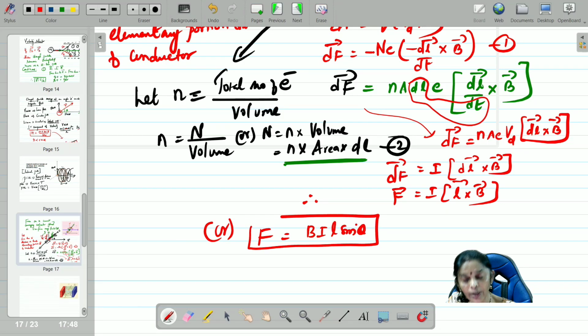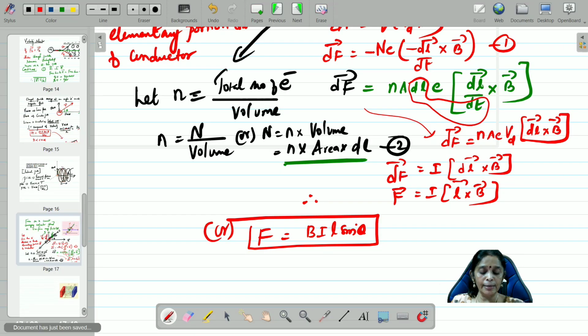Same way here also you can use the palm rule and find out, or the cross product rule and find out the force. You don't need to use Fleming's left hand rule. Or if you feel you are comfortable, you can use it. But I don't want you to get confused. That is why I am always using either the right palm rule or the cross product rule, or you can use the right thumb rule. Hope you understand, children.